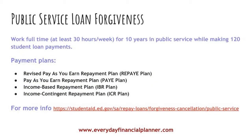Now, if you work full-time, which means at least 30 hours a week in the public service sector or for a nonprofit, and you make over a 10-year period 120 on-time student loan payments, your loan may be eligible for forgiveness after that 10-year period. You need to be on certain payment plans. They're listed here. The revised pay-as-you-earn,